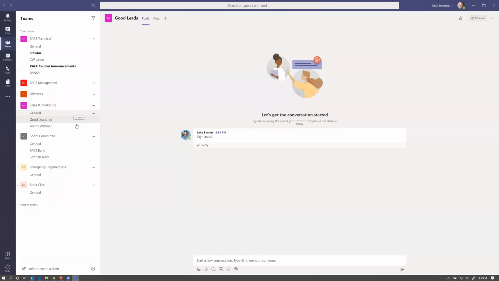As far as deleting channels, you can't delete the general channel. It's there by default. But if I wanted to go in and delete this channel, I could. Again, as a reminder, once you delete a channel, any of the chat or message history, as well as file history, is gone. And you see, obviously Luke knows he's part of the team and he's already responded, which is great.